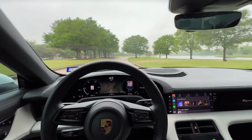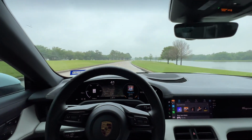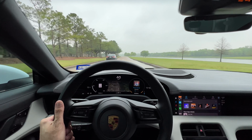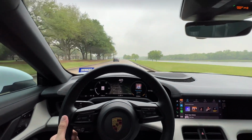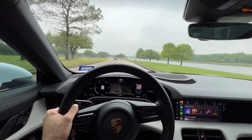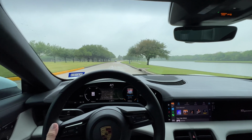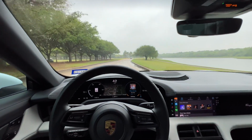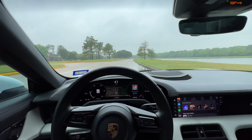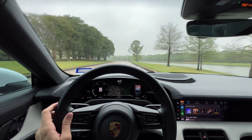The other thing that is a differentiator is the car I'm driving right now is considered the base rear model, right? If I was driving a Porsche Turbo, a Taycan, you're looking at 200,000, maybe $250,000. So now you go into the Plaid range, and of course, we all are familiar with the Tesla Plaid. If you're not, you should familiarize yourself with it. That car does 0 to 60 in 2 seconds, and that's over 1,000 horsepower, right? When you look at the cost relative to the vehicle you're getting, it is night and day when it comes to those black and white numbers. When you're looking at range, when you're looking at 0 to 60, and you compare Tesla against Porsche,